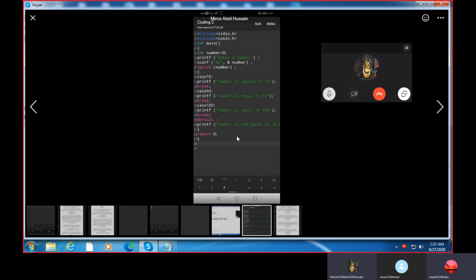What is it telling? Enter a number. See, ampersand number, don't give a space there. In scanf, why did you give a space after ampersand? Remove the space and run. Now it is coming. You try that one later, okay? At the end of the class we'll discuss if any problem is there.